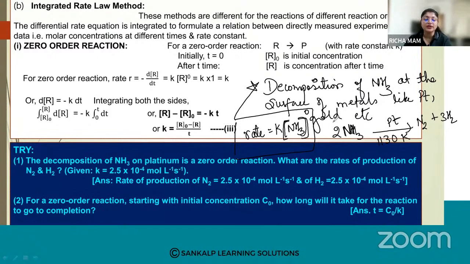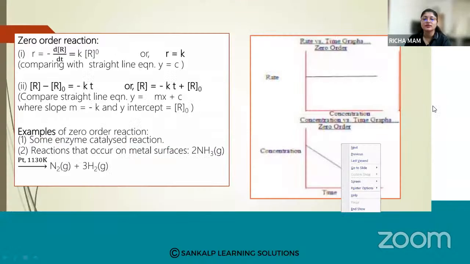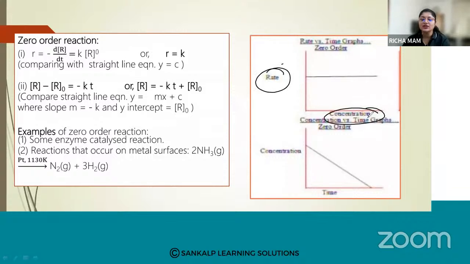So if you plot a graph, how is the nature of the graph? If you plot a graph of rate versus concentration, you will get a straight line. So as the rate increases, the concentration also increases. So this is about your